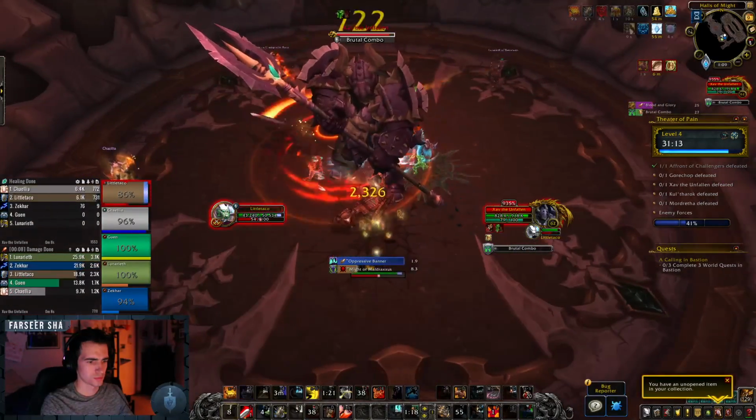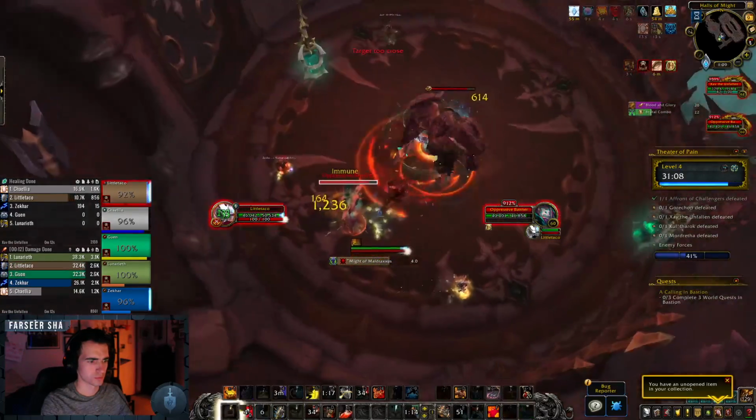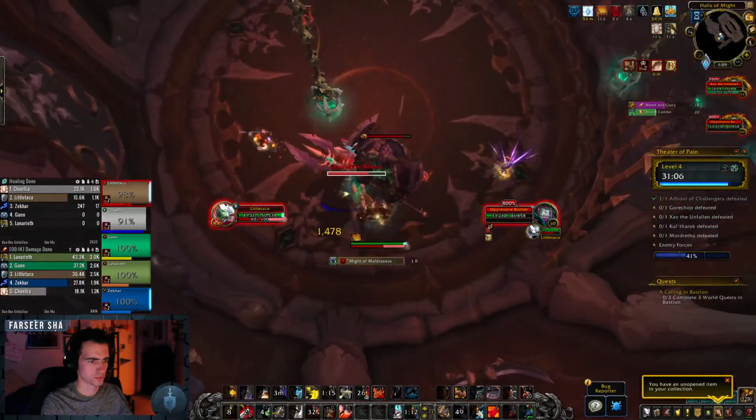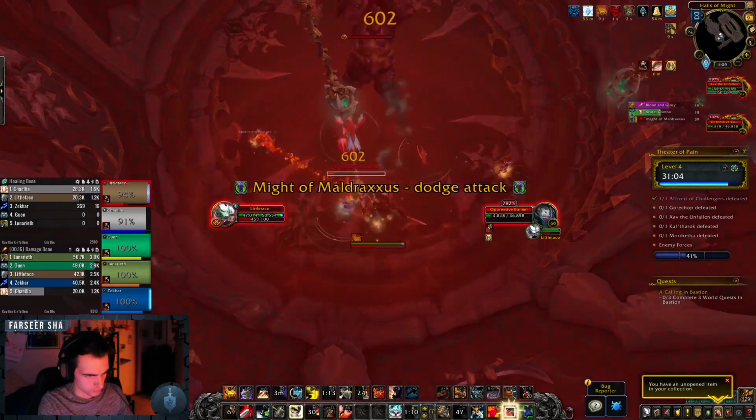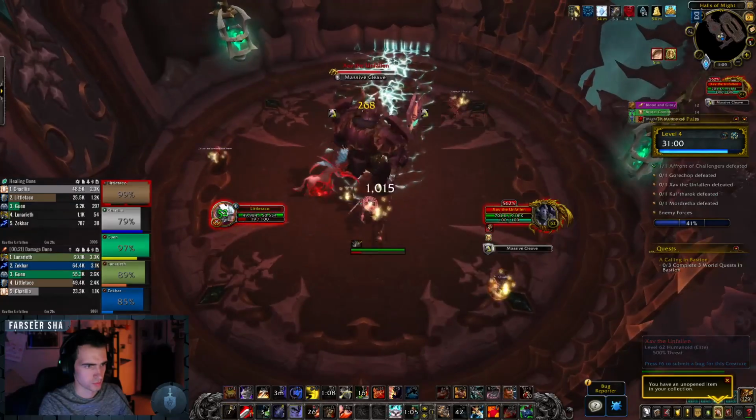Randomly throughout the fight too, Xav will perform multiple avoidable attacks during the Might of Maldraxxus, where he'll jump to the center of the room and start doing random different cleave or frontal cone abilities. Players are just going to want to dodge this in general, and then as he spawns Oppressive Banners, these will slow your movement speed every couple seconds while it is alive,